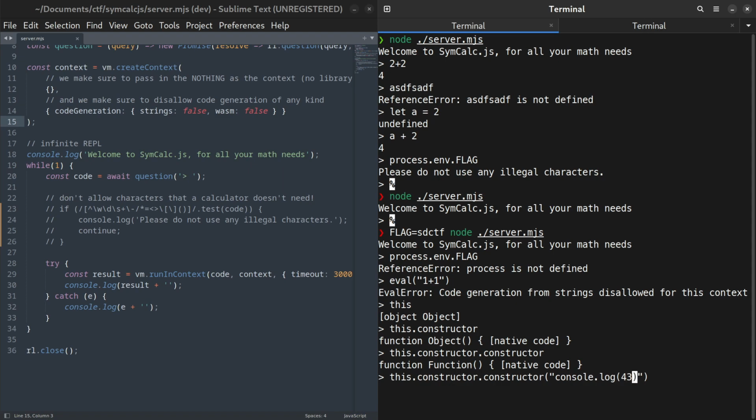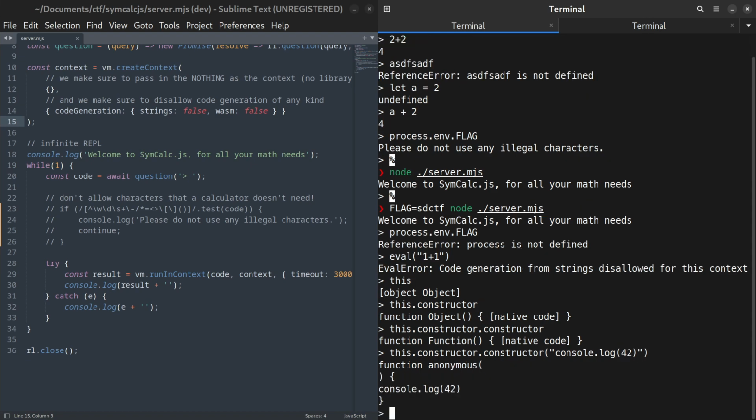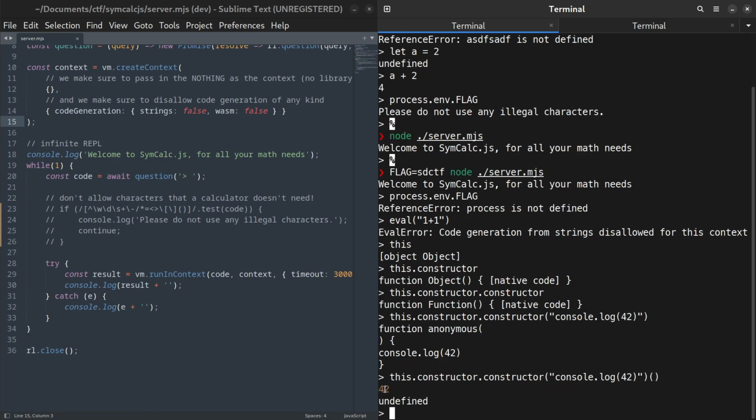Despite the fact that code generation is disabled, we can actually pass arbitrary code into this function constructor, and it will be turned into a function that we can then execute. And this is because the function constructor, or rather this function constructor, does not belong to the sandbox context, but the original unsandboxed context surrounding it.